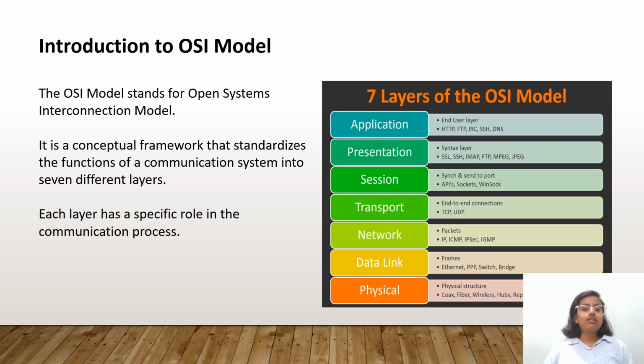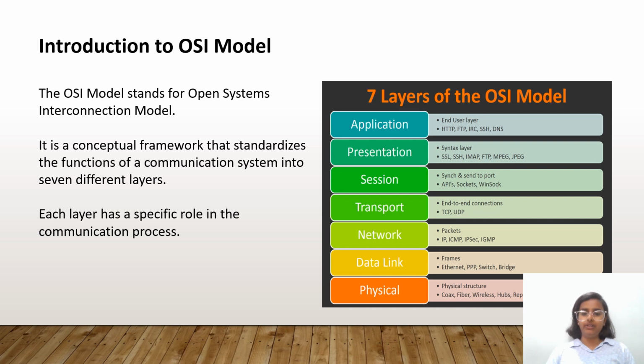The OSI model stands for Open System Interconnection Model. It is a conceptual framework that standardizes the functions of a communication system into 7 different layers. Each layer has a specific role in the communication process. There are 7 layers. First one is physical layer, and data link layer, network layer, transport layer, session layer, presentation